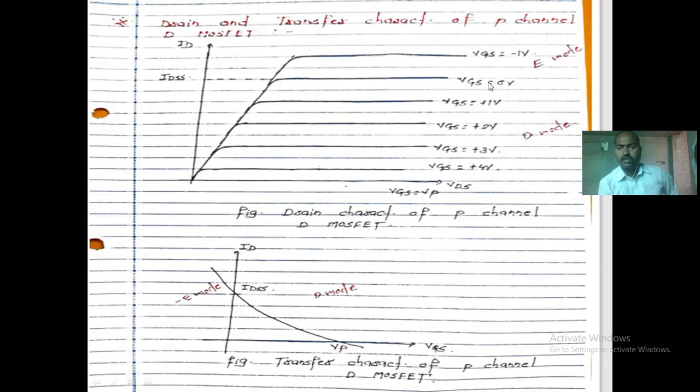As we make VGS more negative, that is VGS equal to -1 or more, a large amount of current flows. This happens because when we apply negative voltage, a PN junction forms in the P-type depletion type MOSFET. Due to that, more and more current flows through the device. That's why with VGS negative, more current flows through the device.